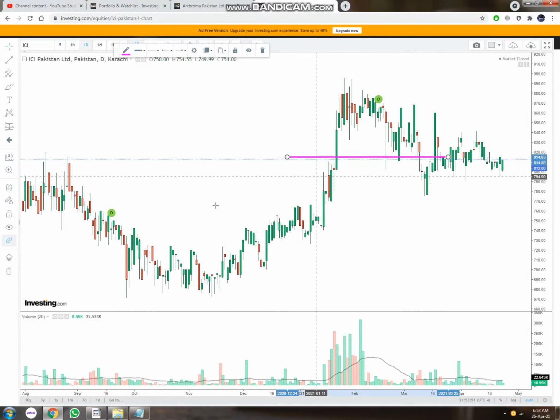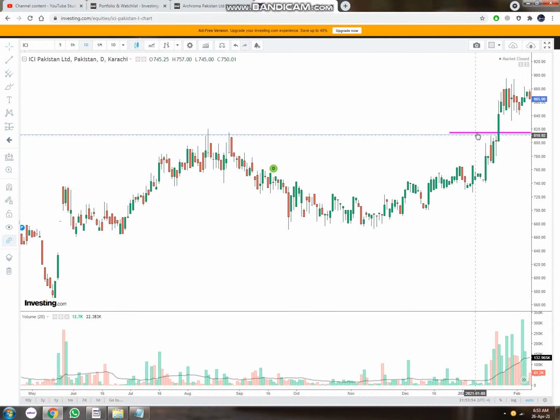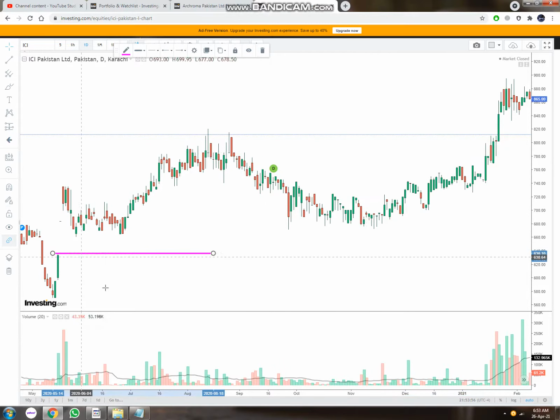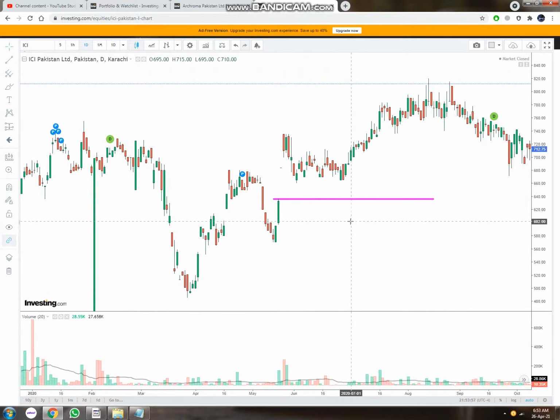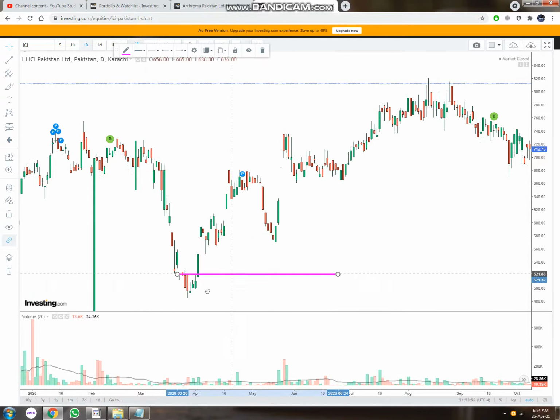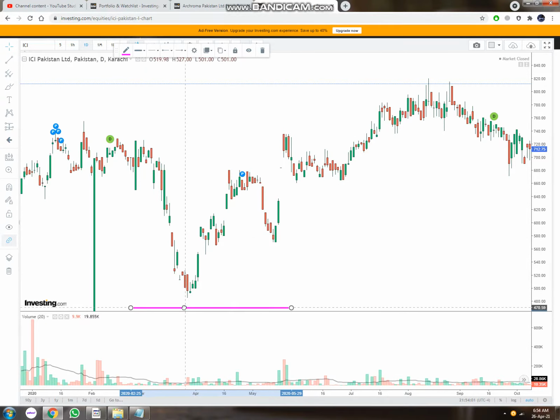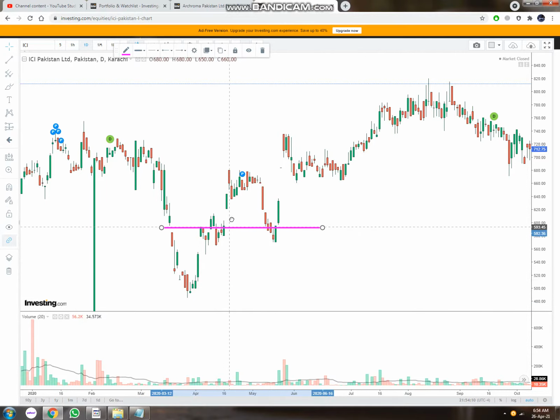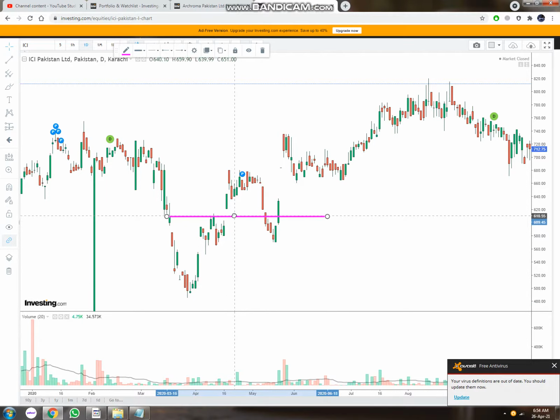Now let me show you from somewhere right about here, from the beginning. This was our buying position, our entry point, and this is our stop loss. As the stock price moves upward, I'm going to move it along with it. Now I've reached this point.